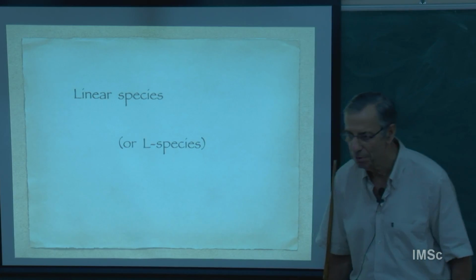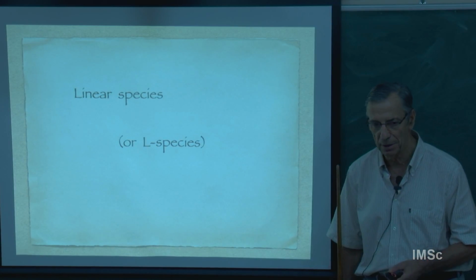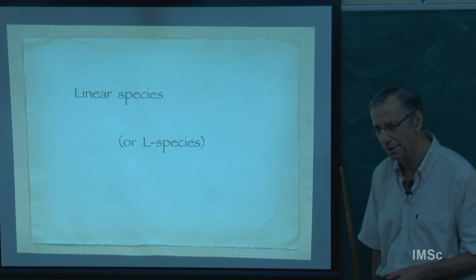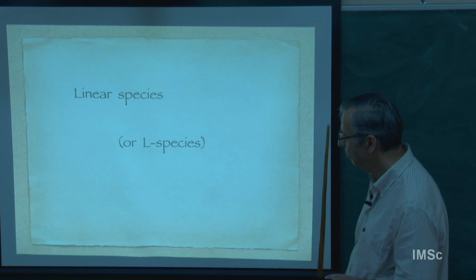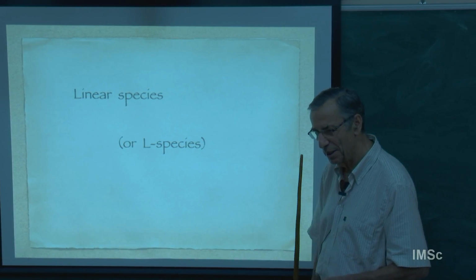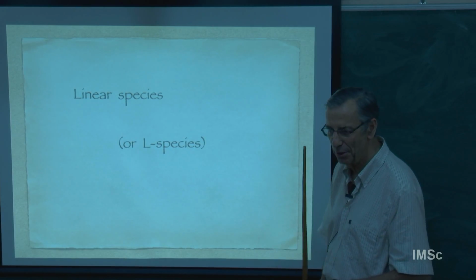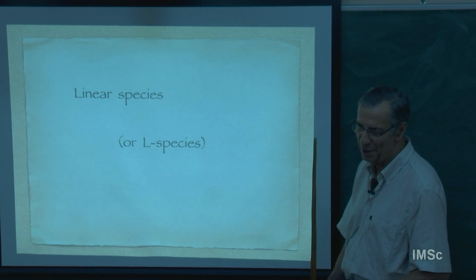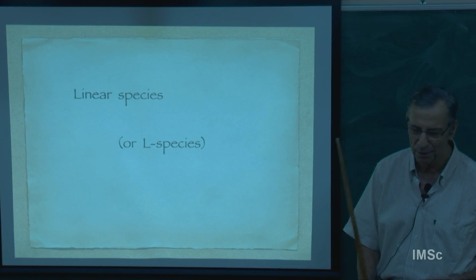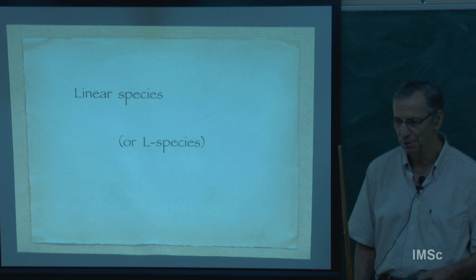So we have finished with the second type of species, weighted species. And now I will take L species or linear species. Again, linear species can be weighted. So this is slightly different. There is more information on a linear species, and it's a very good framework to do differential equation, integral calculus. It's much easier to do this.